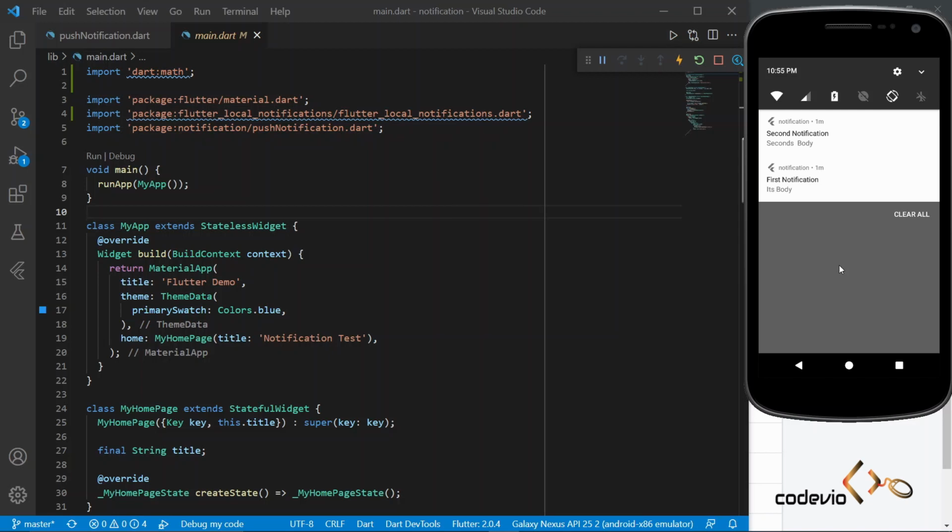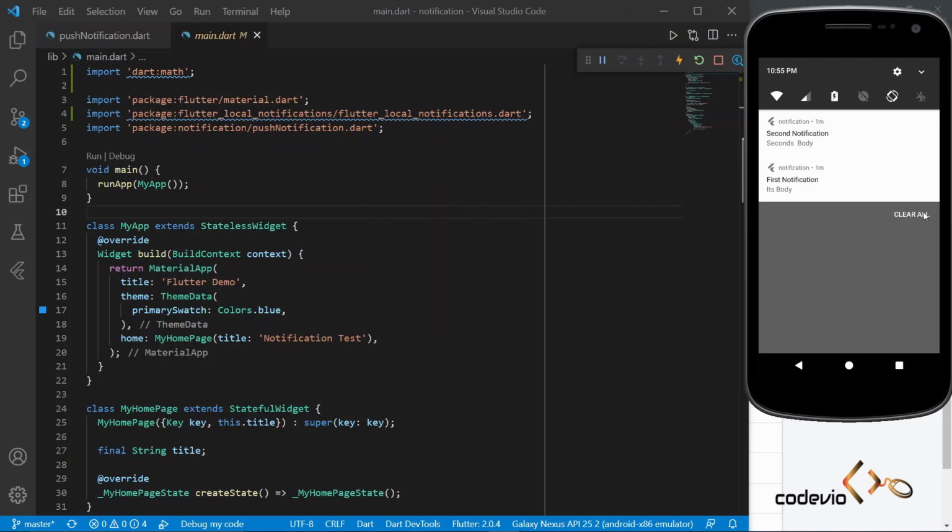I also made a video showing how to add push notifications to our application using Firebase FCM. If you haven't watched that video, please watch it before doing this one, because we implemented all the details in that video, and I will give the video link in the I tab. If you didn't watch it, please go and watch it, and after that you can watch this, so you will understand much better. Okay, then let's go to the video.